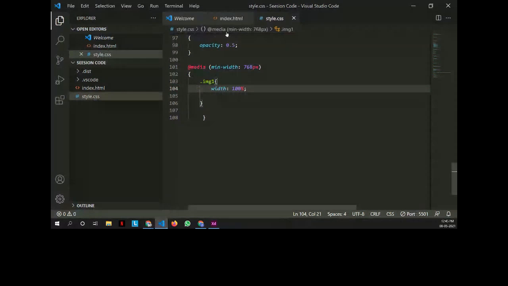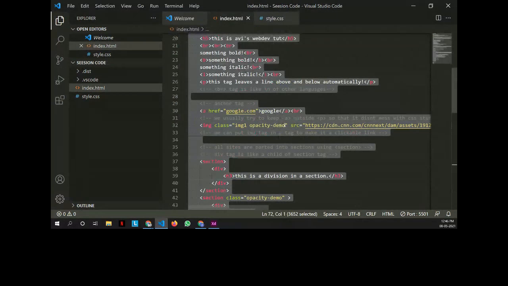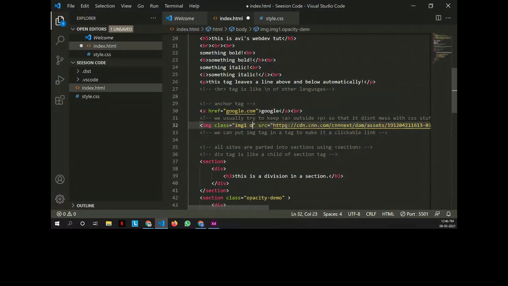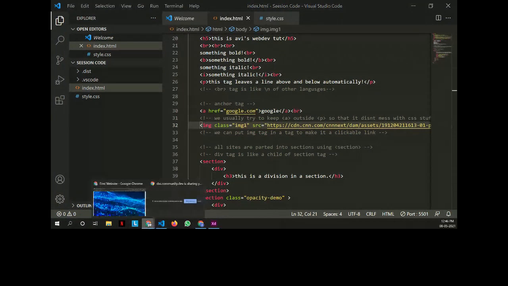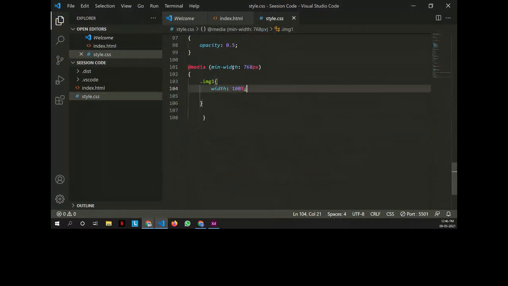Let me just add some CSS here. One second. Yeah.